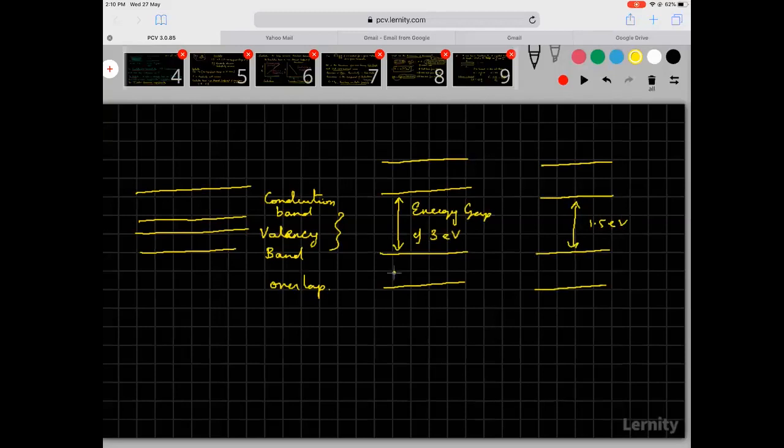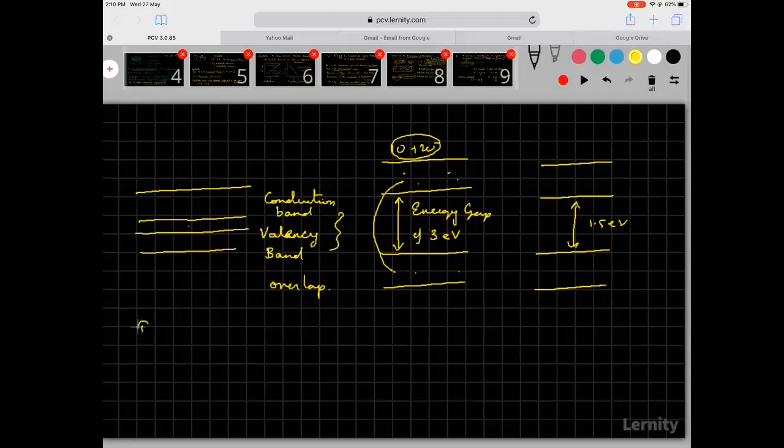So when heat energy is given, electrons will jump from the valency band to the conduction band. Few of them. Already there will be a few of them. Maybe 10 will be there, and because you have heated, 20 will come. So you see this has increased 100%. But this is still very few compared to a few million here. Here there are just a few, right? So this is what it is. I hope I am able to explain to you.